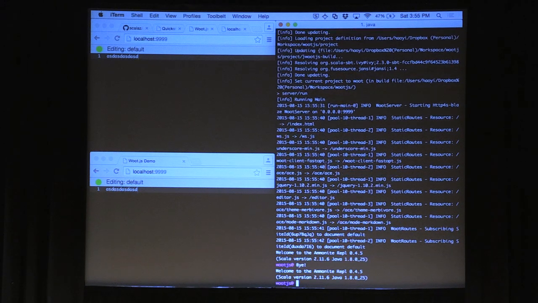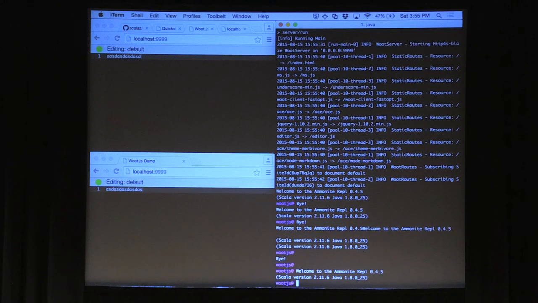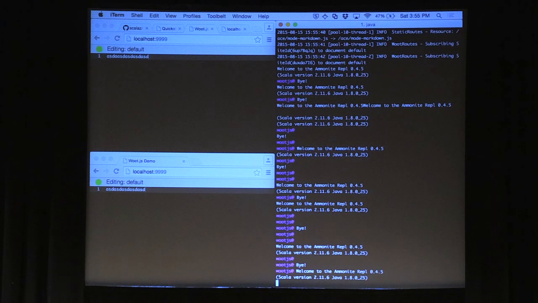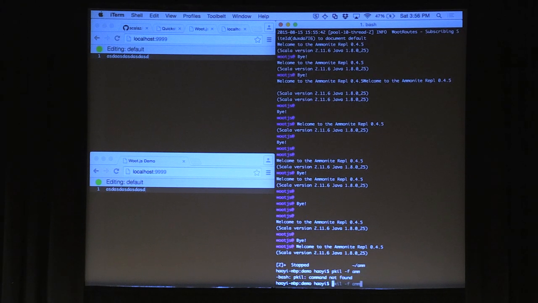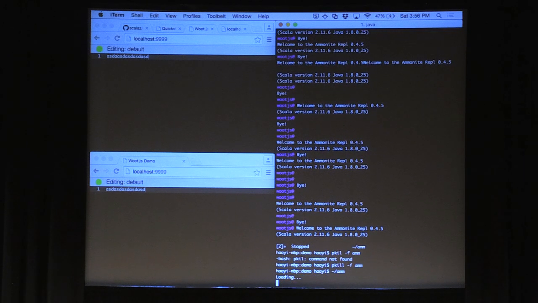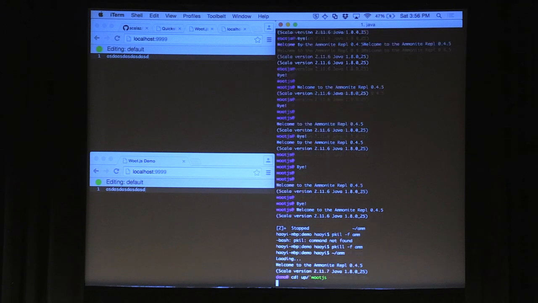But it isn't, because I screwed up. So let's kill that, and let's clean up some of the... Come on, get out, get out. Okay, I'm just going to kill this guy. And let's try that again. So spin up the REPL. The problem is, cd up/wood.js.